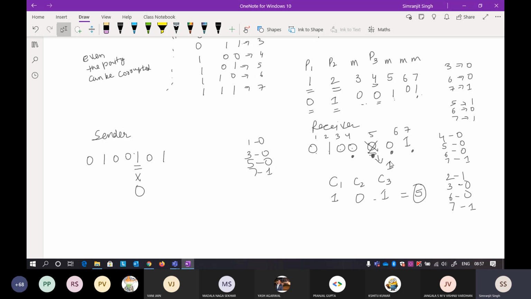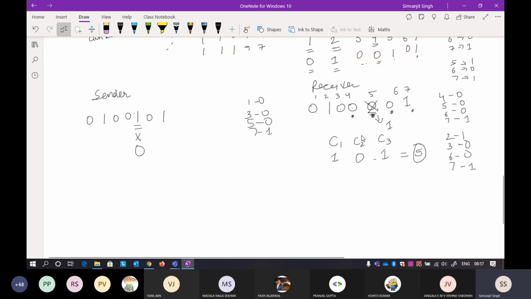Now let's see how it is working. It is saying that at check bit 2 there is no error. At C1 and C3 there is an error. If you keep aside the concept, you can understand how it works: it is based on set theory. So C1 is 1, C3 is 1, so at C1 and C3 check bit positions there is an error. 1 means there is an error.